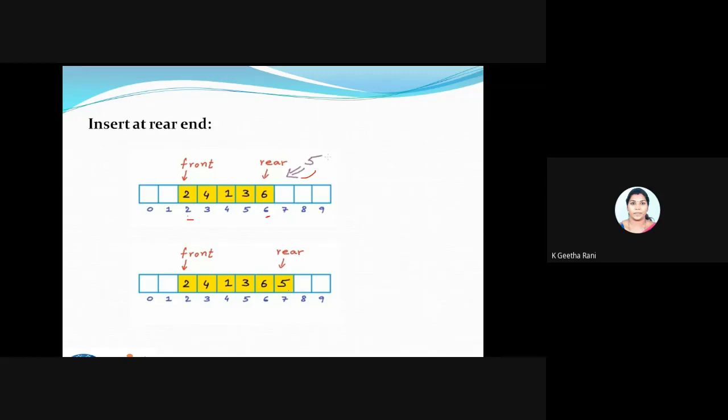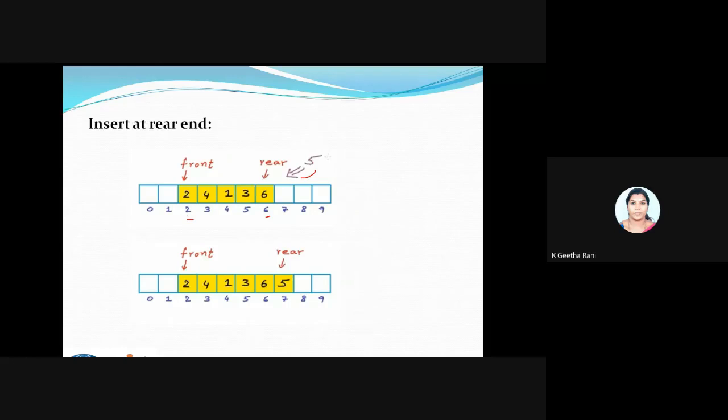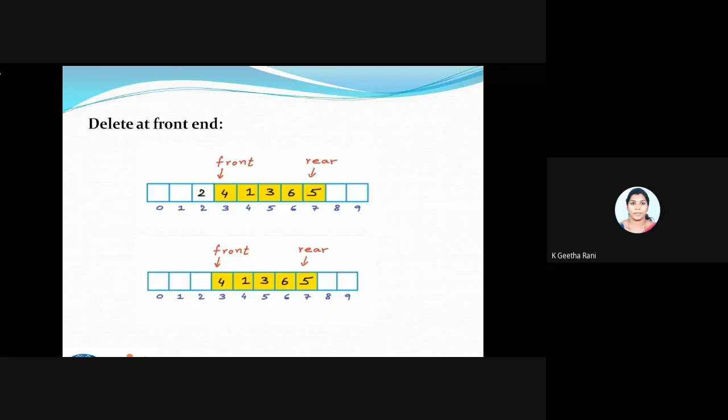Next we will see how to delete at the front end. So I'm going to delete data at the front end. My first data at the front is 2, my front element. Now I need to delete this. For this I'll just increment the front value. That is more than enough. You can see here I'm just incrementing the front index. So what happens now, this will become the queue. This will not be part of my queue anymore, so it's somewhat like a default value. Fine. So this is the way the deletion and the insertion happen in the array.